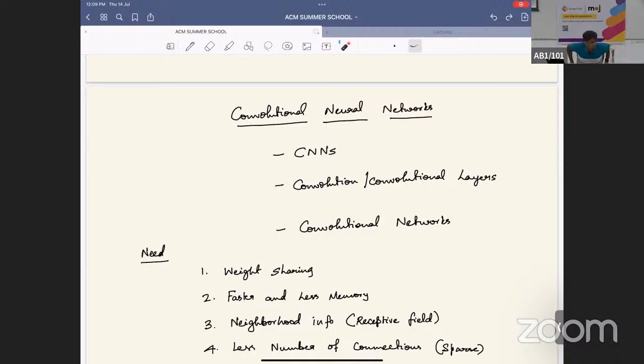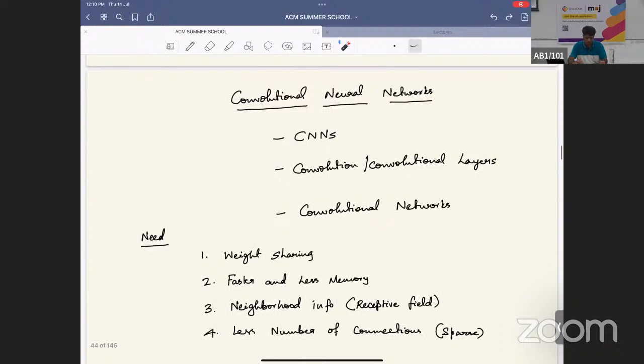So we'll see the architecture of CNN one by one, but I just want to summarize it. They are called CNNs or ConvNets, convolution networks, and so on. Because of the weight sharing we are going to introduce now, it's going to do faster computation, and the weights are going to occupy less memory. And we are going to use the neighborhood info, which is also called a receptive field, to achieve that, and fewer connections also, because the weights are fewer, we will have sparse connections also. So these are the advantages of convolution networks over the